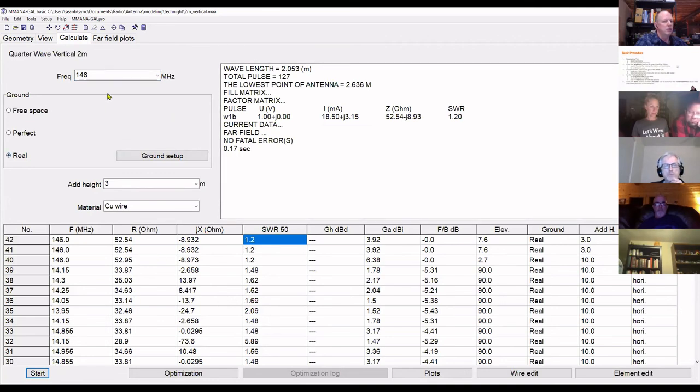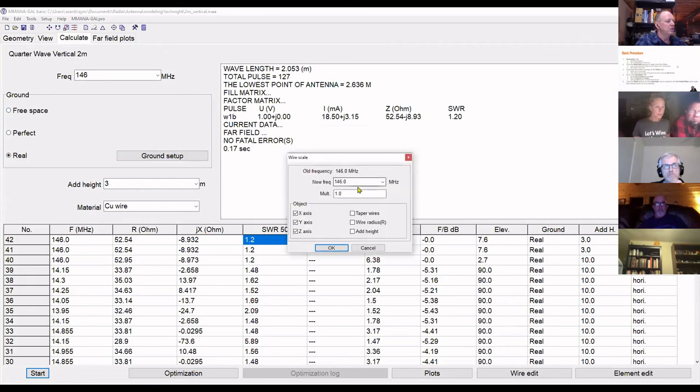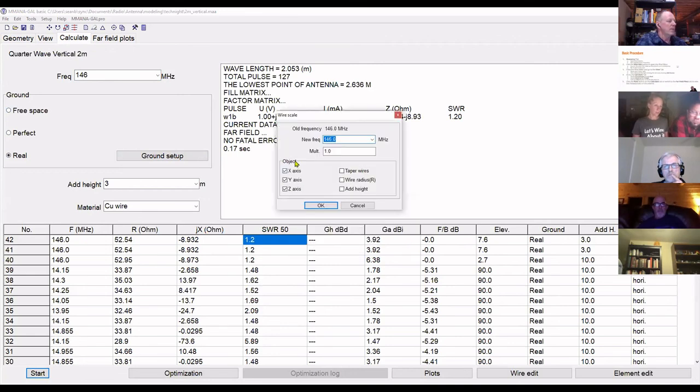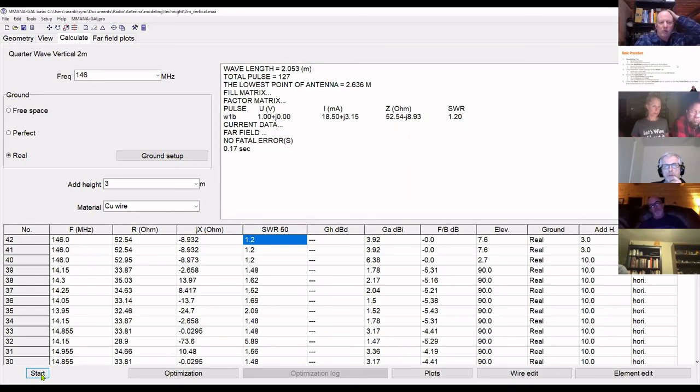Then what you want to do is scale. So I go to the scale button up top. The wire scale button, and it should show you your old frequency is 18.847. So now you want to enter the new frequency of whatever you want it to be. Okay. Let it change the axes, but don't let it change anything else, and hit OK. I got it. I was not going back to the geometry tab to change the frequency. Yeah, don't you love how intuitive that is? Yeah, I learned that in the deep dark bowels of some random YouTube